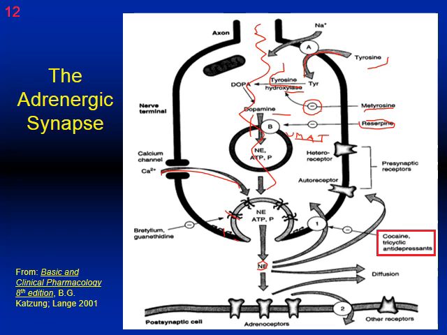It can be released and bind to receptors postsynaptically. It can be released and bind to presynaptic receptors. After it's done its job and it falls off, some of it may just go away by diffusion, but most of it gets reabsorbed either into the presynaptic axon terminus through uptake 1 and the norepinephrine transporter, or into the postsynaptic cell through reuptake or uptake 2 through the extracellular monoamine transporter,